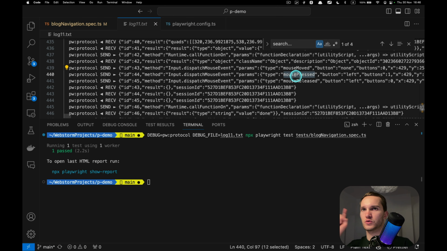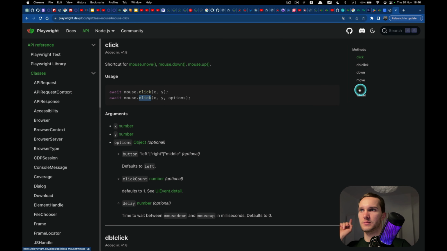Mouse pressed is like mouse down, the same thing, and mouse released. Released is up. So click does 3 things under the hood, and the same does press. You remember on keyboard, press does key down and then key up.